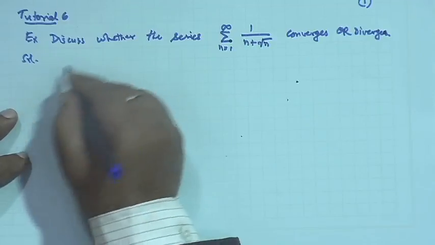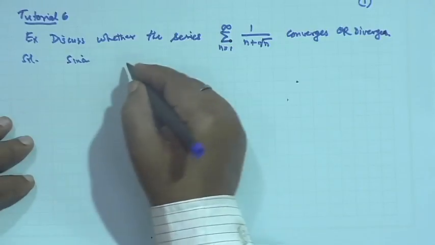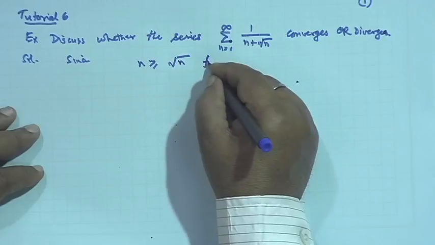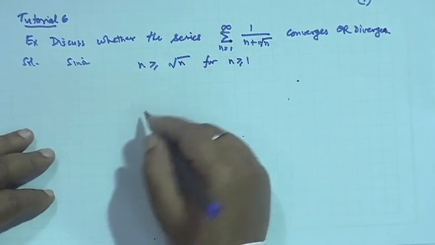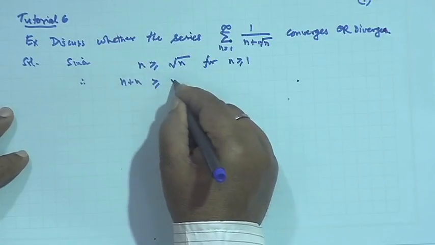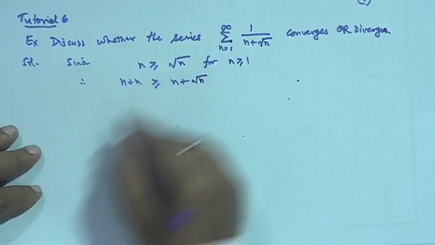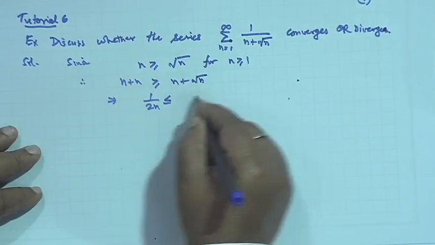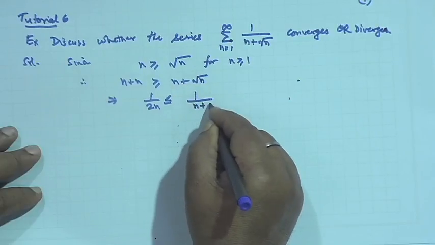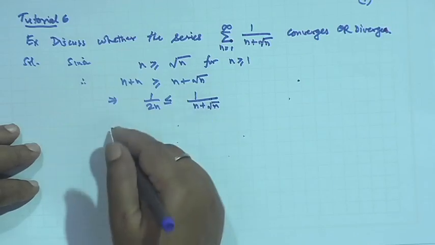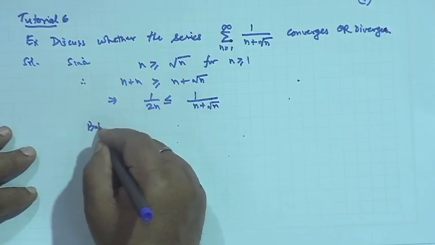So, we know here, since n is always greater than square root of n for n greater than or equal to 1, therefore n plus n will also be greater than or equal to n plus square root of n. Hence, this will show that 1 by 2n will always be less than or equal to 1 by n plus square root of n. So, all terms are positive, but the left hand side series,